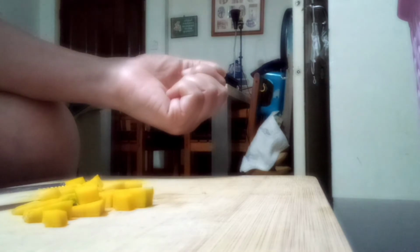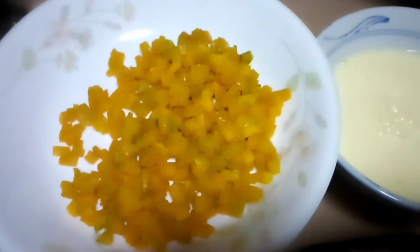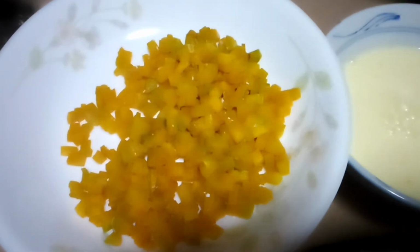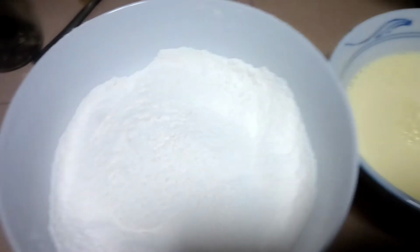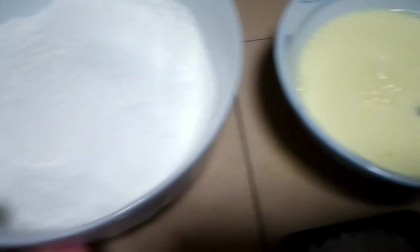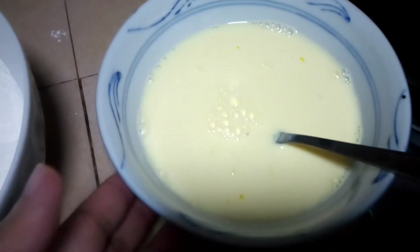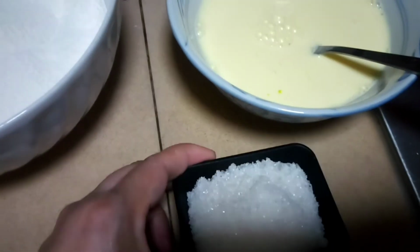And so after dicing these pumpkins, I cooked the pumpkin in the pan for 2 minutes with a little bit of butter, just to take out moisture, and I didn't add anything to these diced pumpkins. It's just plain pumpkin. And here is our flour mixture, which is with baking powder, and our egg and milk mixture, and sugar,